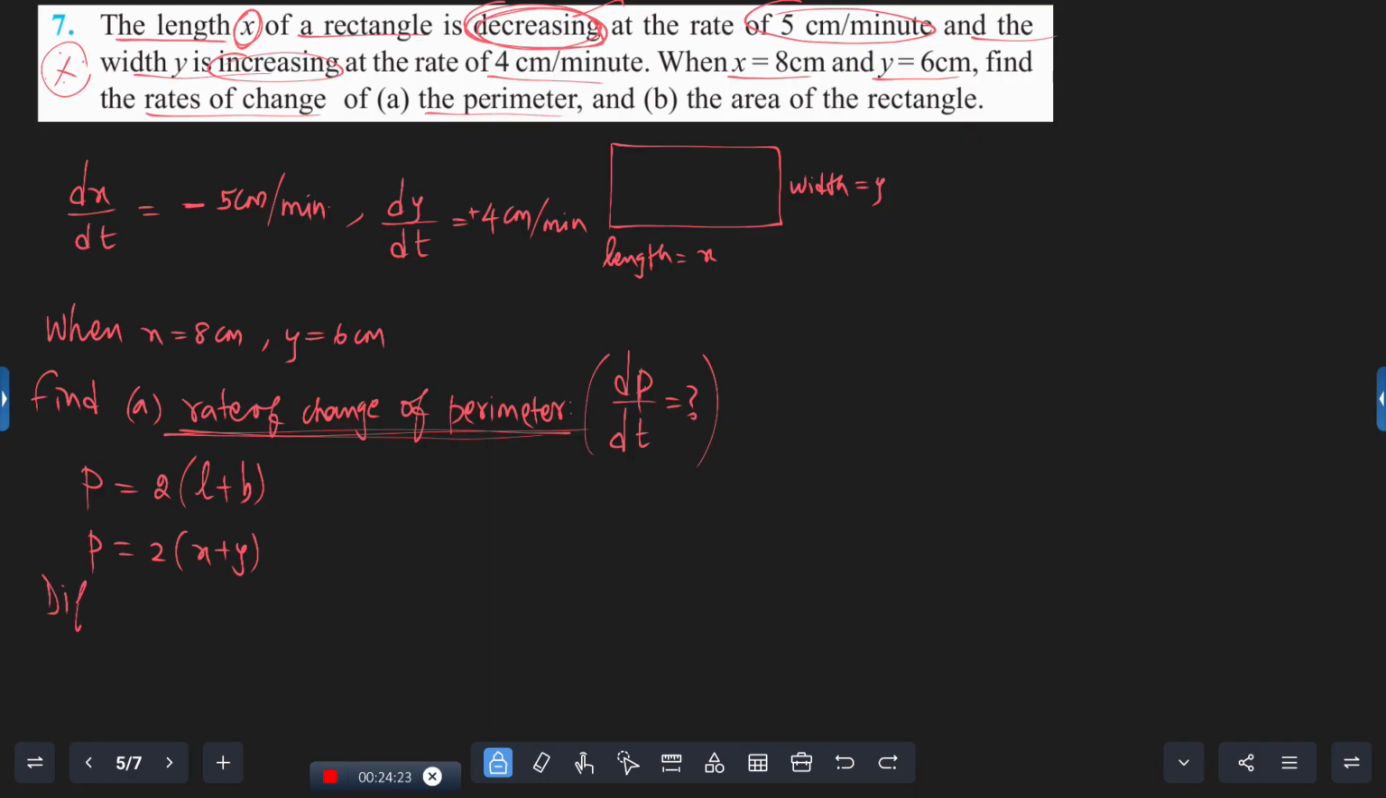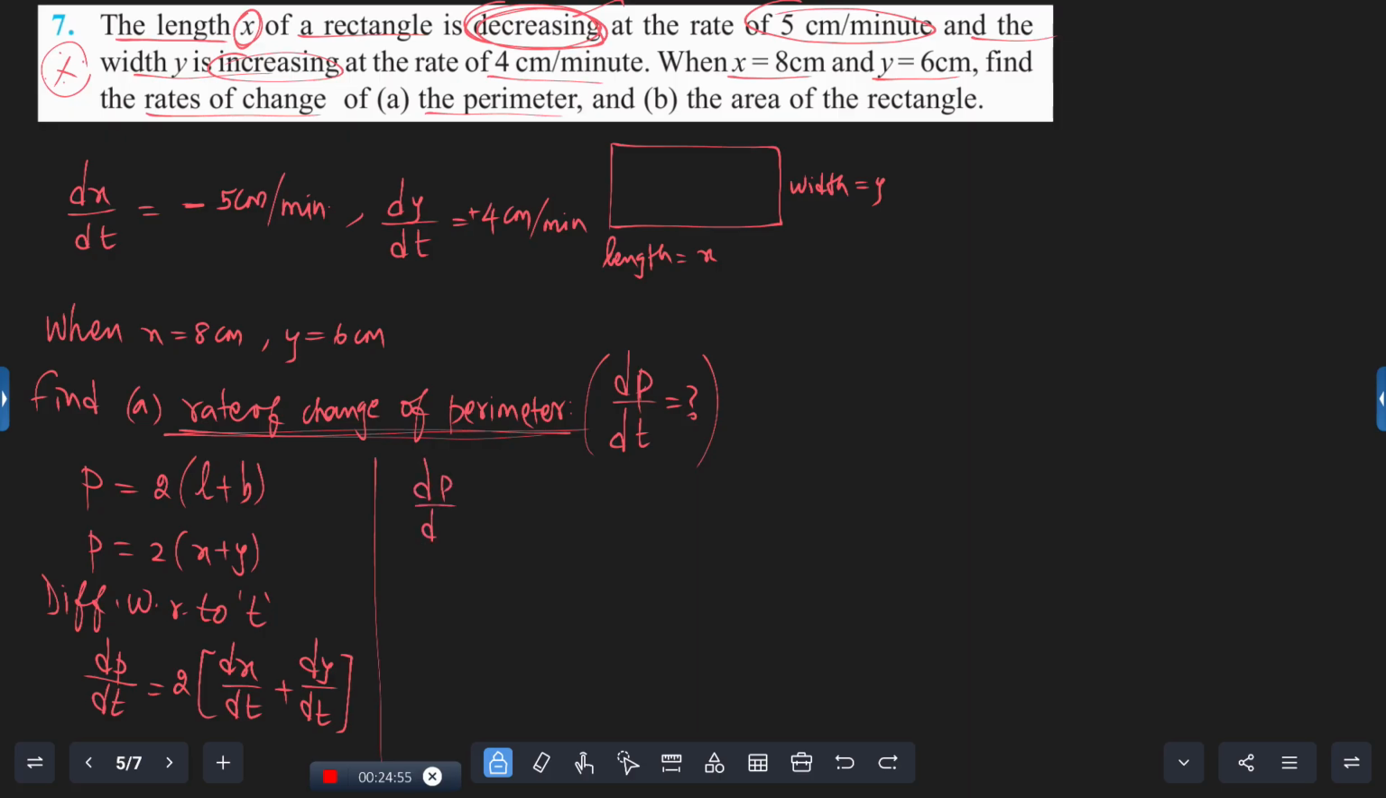Then differentiate with respect to t on both sides. When you differentiate, what am I getting? dP divided by dt is equal to 2 into x, when you differentiate, dx by dt, dx divided by dt, plus y, when you differentiate, dy by dt, dy divided by dt. Okay. Now let's go to applying the values. Listen children,